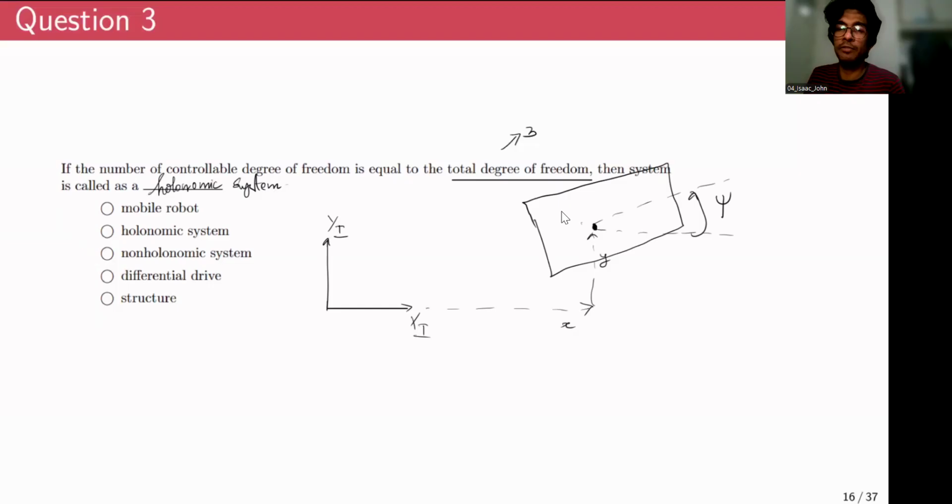But then how many degrees of freedom can you control? That is the question, whether all the 3 degrees of freedom can be simultaneously controlled. If you can simultaneously control all the degrees of freedom, then such systems are called holonomic systems. If you cannot control all the 3 degrees of freedom simultaneously, then such systems come under non-holonomic systems. For example, in the case of a differential drive robot like this,